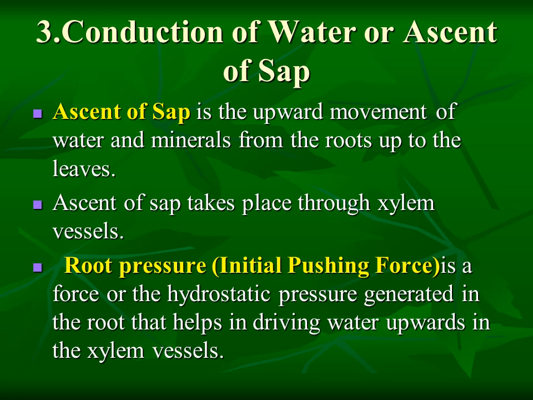Okay, one quick question. Have you ever seen water moving from a lower level to a higher level? The answer will obviously be no. Water or liquids cannot move from a lower level to a higher level without a pressure. So, how can this sap ascend from lower to higher level without a pressure? So, here comes root pressure, which is the initial pushing force, which helps the xylem vessels to transport the sap from roots to leaves. Now, what is root pressure?